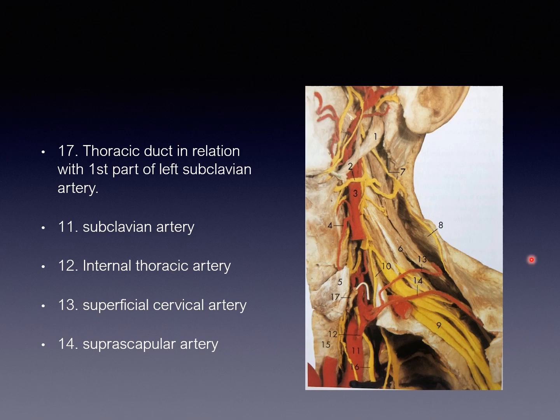Next. These are all the branches. I'll introduce the branches later on. Anyway, you can see the first part branches. One is number 13, I have written as superior cervical because it is going towards the neck. It is called superior cervical and it is accompanying this lovely nerve, the spinal accessory. So this is an MCQ, that superior cervical, otherwise called transcervical, is accompanying the spinal accessory nerve.